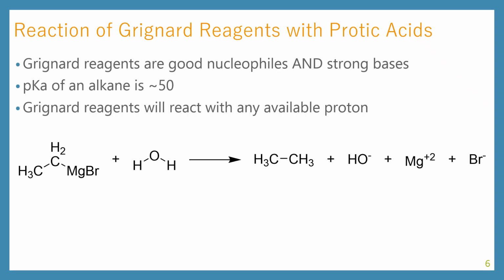So for example, if you have ethyl magnesium bromide and you mix it with water, which would not be a super smart idea, what's going to happen is that the carbon here, which is the one that's acting like a base, is going to attack the water and pick up one of those protons. So the way that looks, if we were to draw a mechanism, is the electrons in this bond between the carbon and the magnesium are actually the electrons that are doing the chemistry. So those electrons would attack that proton,